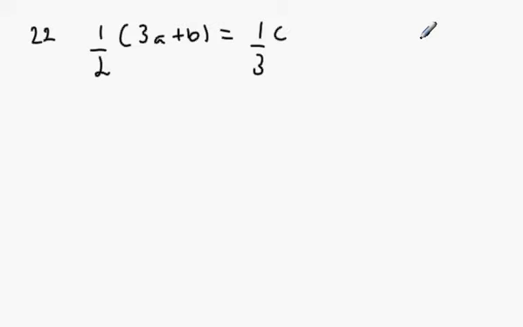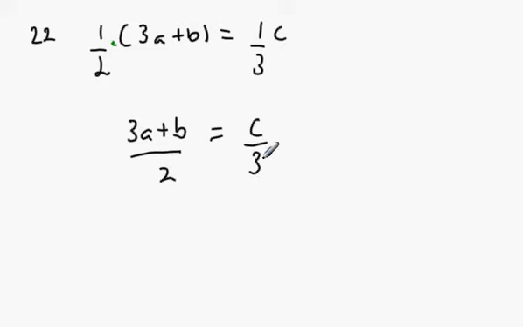So go for it. One half bracket 3A plus B, equals C over 3. Now, the first thing to remember is when you're multiplying any number by a half, see the way it's a half multiplied by 3A plus B? What you're actually doing is halving 3A plus B. So it's going to be 3A plus B divided by 2. It's the same thing, isn't it? And this side is going to be